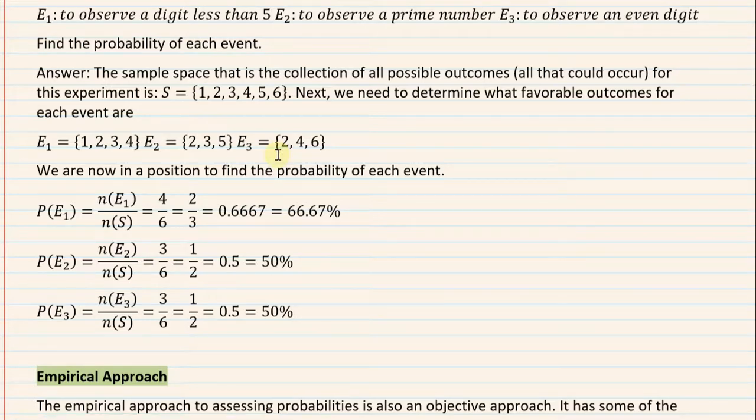We say an event has occurred when you observe only one of its outcomes. You don't have to observe all of them. So let's say I roll the die and I observe a 5. That's one of the outcomes for event 2, so I'm going to say event 2 just occurred because I observed a 5.